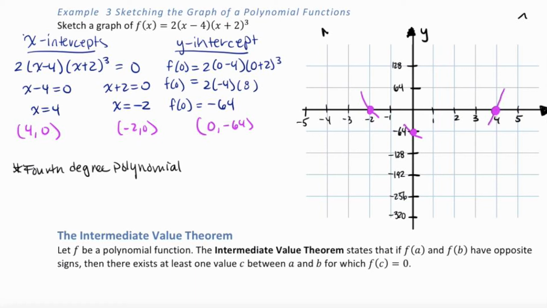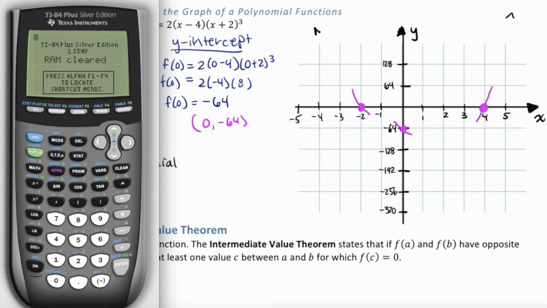Now let's use technology to finish our graph. So take a moment and open up your graphing calculator. As you can see, my graphing calculator is out now. Let's go to our y equals. Here is the function we want to type in. 2, then parentheses, x minus 4, close our parentheses. Then we have x plus 2, and we're going to use this symbol here to get to the exponent and put a 3 there